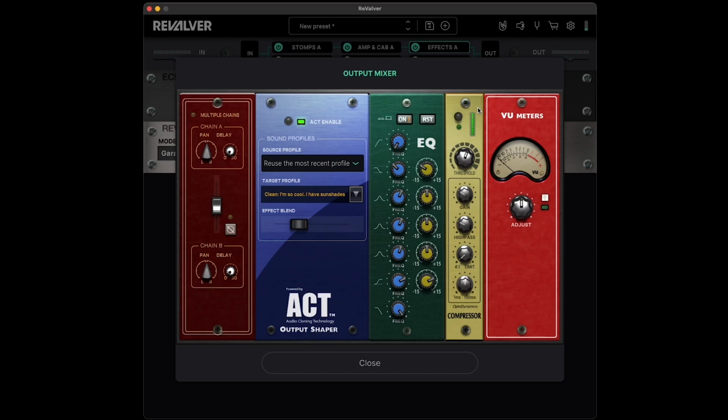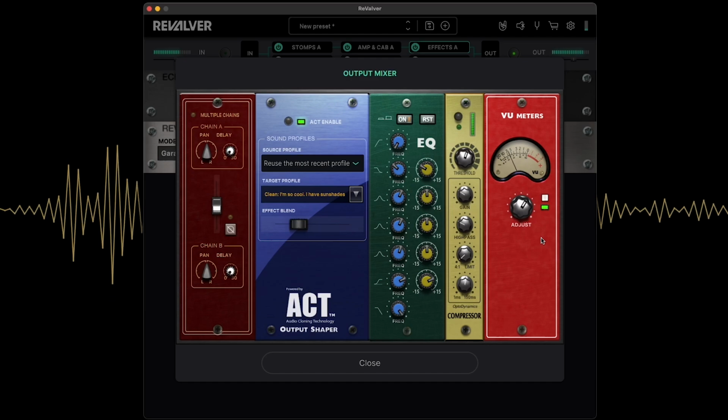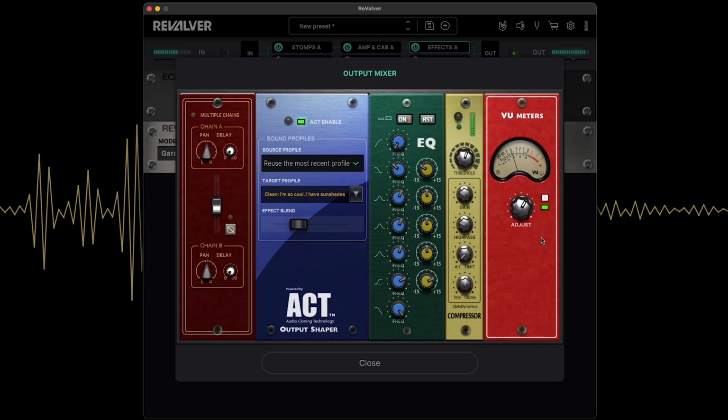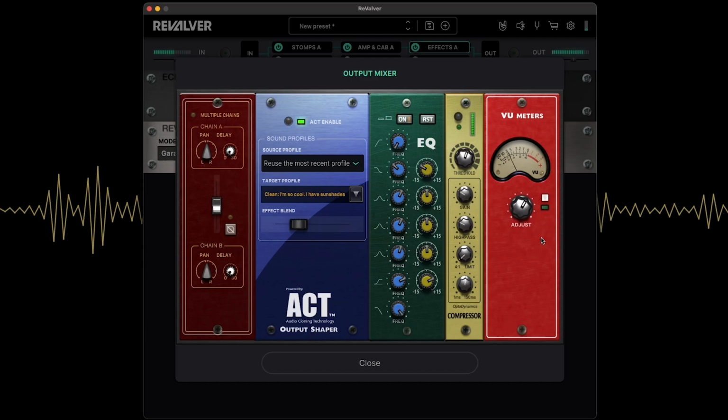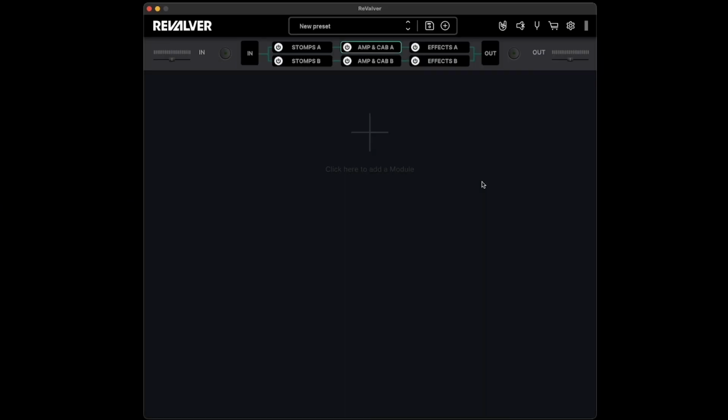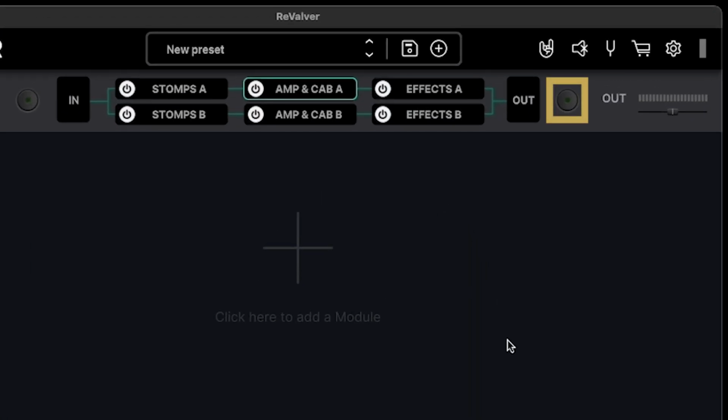And finally, all the way to the right, a VU meter to monitor the volume of your main output. You can adjust the gain manually if needed, but you can use this button to normalize the gain automatically. Just click it and play something on your guitar at the loudest volume you plan to use. And Revolver will set the gain automatically. Just like with your input, you can also use the Auto Set button next to Out on the main screen to auto-normalize your output gain at any time.